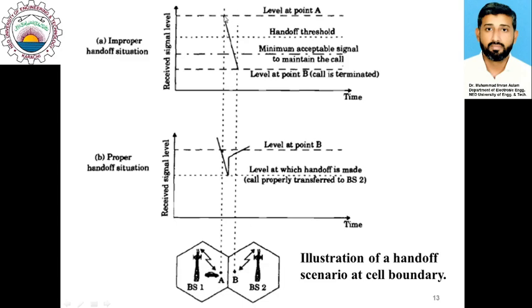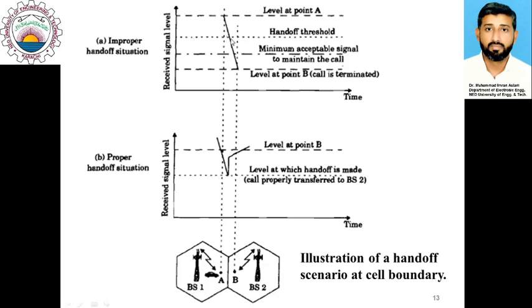So at level A, this is the power level. If we move further, the power level goes to another lower level at which the handoff is initiated. This is the handoff threshold. So the base station has to initiate the handoff request. If the base station does not initiate the request, or due to some reason the handoff request is not completed,